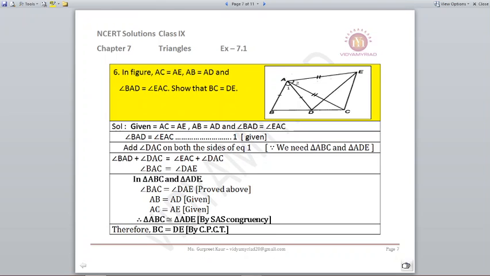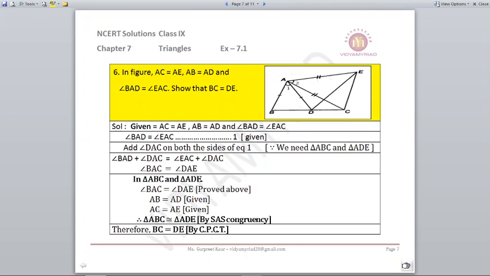That means we need to focus on these 2 triangles, and in these 2 triangles we notice that 2 sides are equal, as given. And in the third, the angle which is given to us as equal is only partial. In between, there is a part, angle DAC, which is common